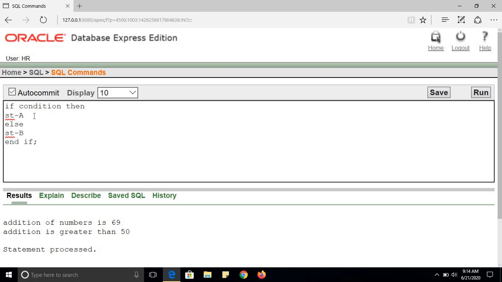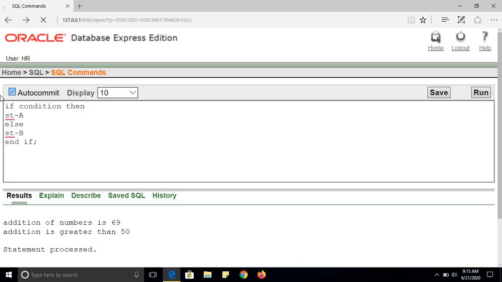So this is a simple syntax. If condition is true, then this statement will be executed, otherwise this statement will be executed. You have already used this syntax in C language or C++. So if condition is true, then statement A, otherwise statement B, followed by the end if.